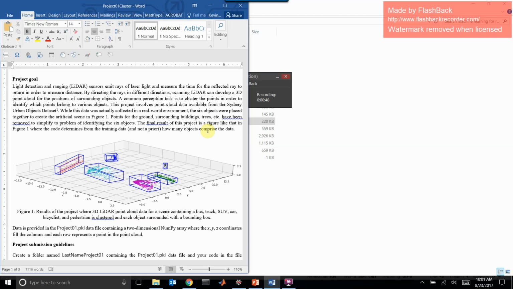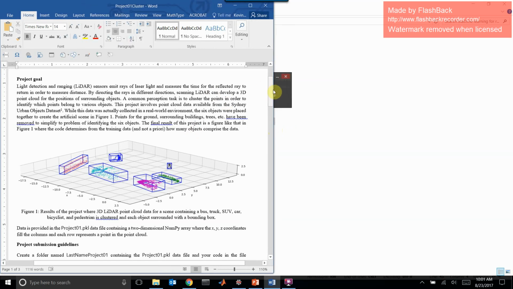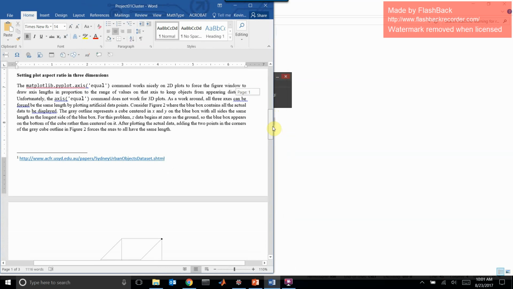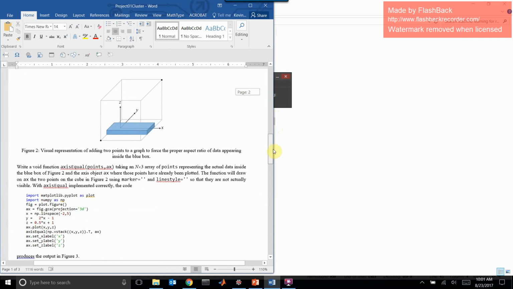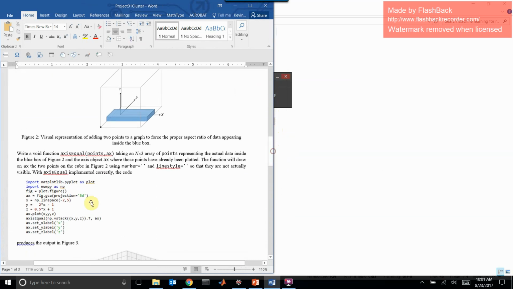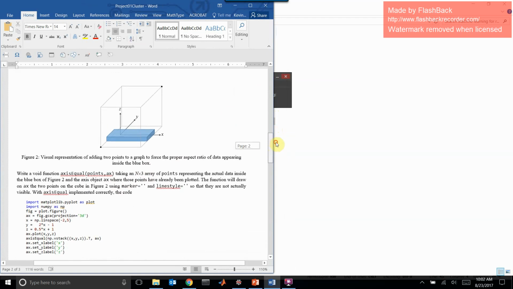Yeah. About the axis equal function you want to make. How exactly do you want us to implement the values that are going into the function? So it says it's supposed to take an n by 3 array. So you're going to pass to it all the data. And then basically what you need to do is look at that data and see what is the difference between the largest x and the smallest x, and what is the difference between the largest y and the smallest y, and you need to find the largest,